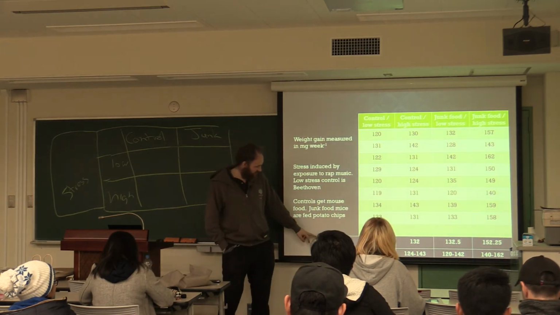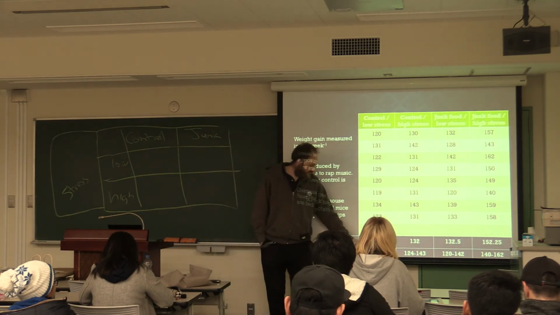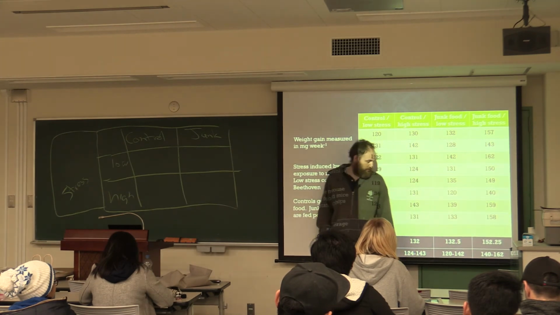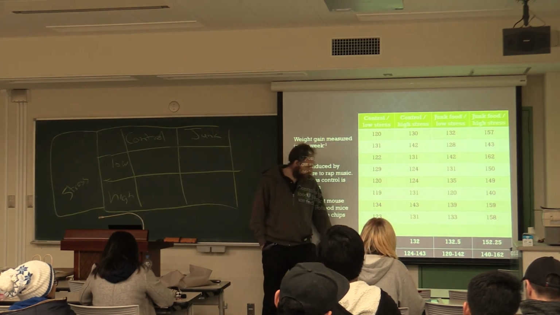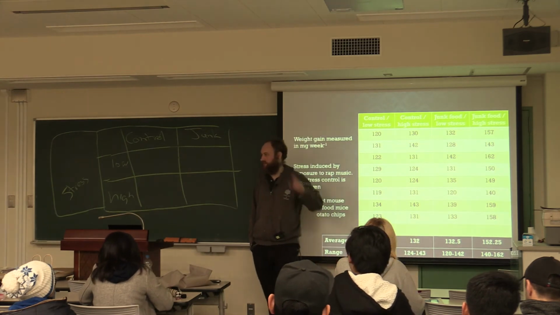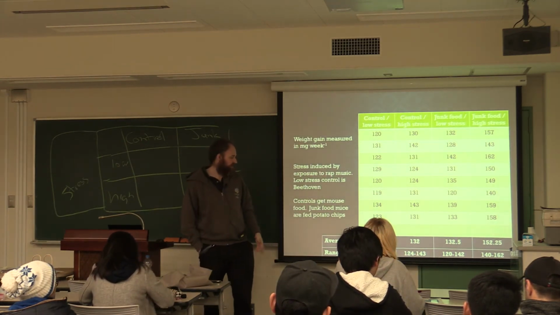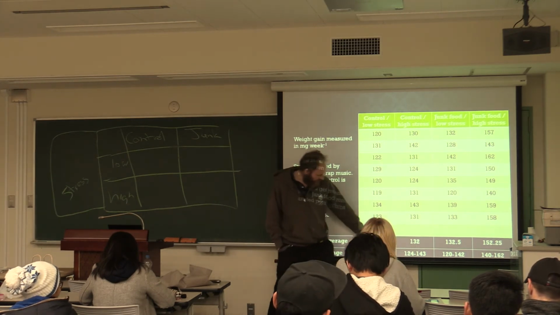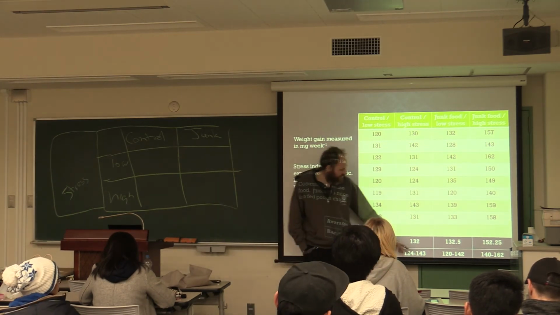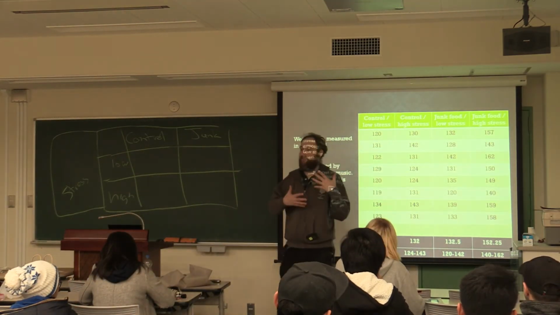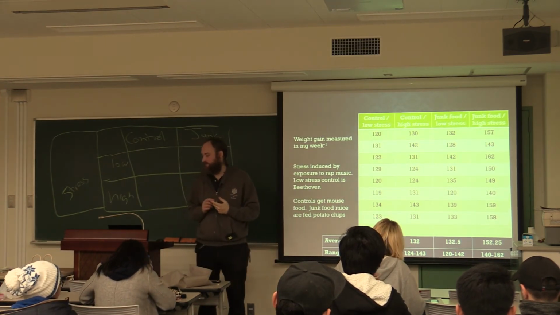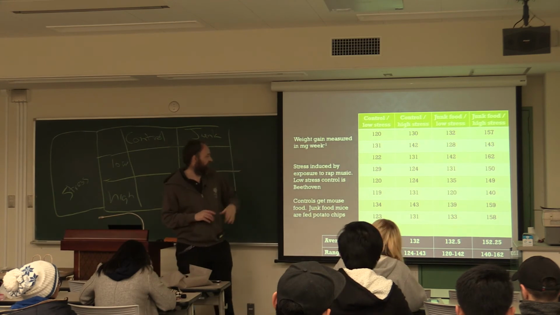Now at the bottom we've got means: 124.75, 132, 132.5, 152.25. And we've got our ranges in here. Remember, our range is just our biggest and our smallest data points. And you can see the ranges overlap: 119 to 134, 124 to 143, 120 to 142, 140 to 162. So you can see the data overlaps with each other. So how are we going to analyze this? Well, I should mention,